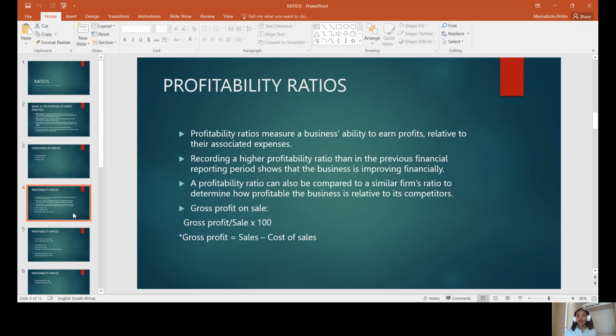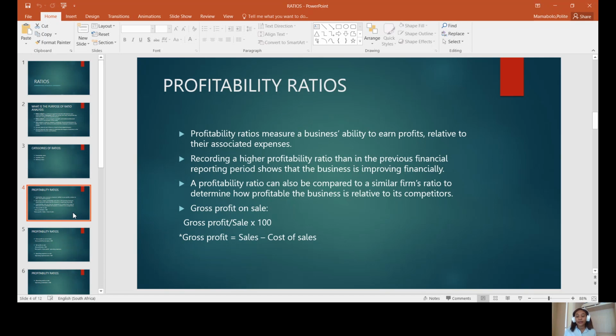If we are recording higher profitability ratios than the previous years, it means that we're improving, we're doing well. Maybe we've cut on our expenses or our cost of sales. Also, you can use it to compare to similar firms